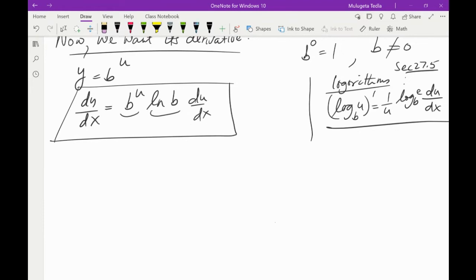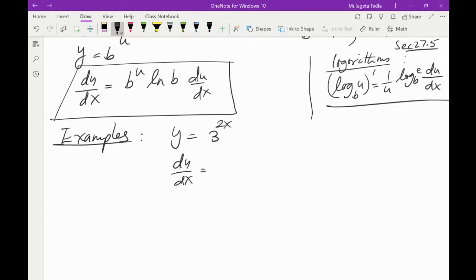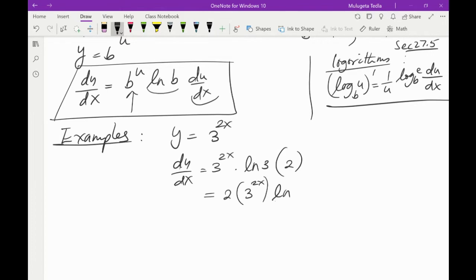Maybe I'll just throw a couple of examples to make it clear. Suppose you have a function y equal to 3 to the 2x. What is its derivative? dy by dx, what does the rule state? Repeat itself, 3 to the 2x. Ln of b, ln of 3. Find the derivative of u, 2. So this is 2 times 3 to the 2x